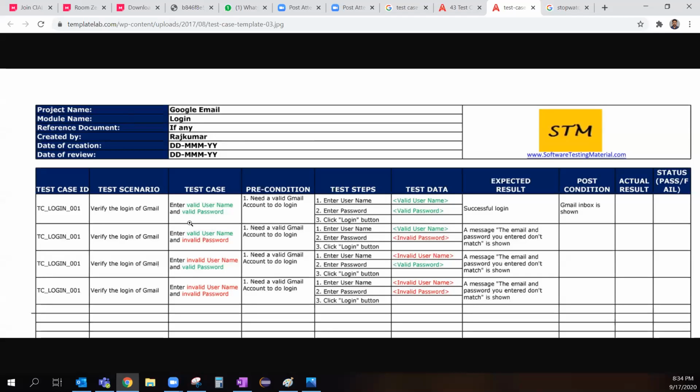Testing the recording functionality in Zoom is a test scenario. Your test case is: the participant, as an XYZ participant, should be able to record the Zoom session. Your precondition should be, first, the participant should have received an invite.